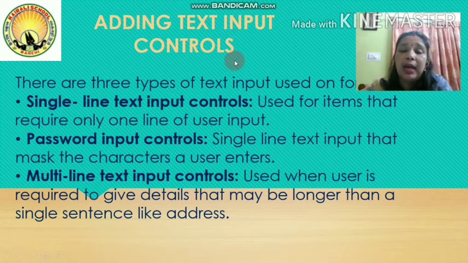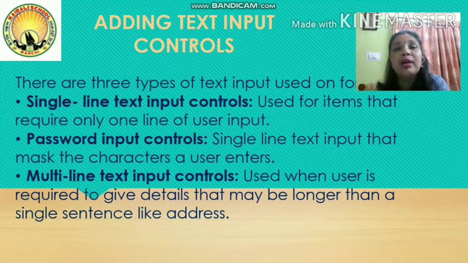Here we are going to add the first type of controls, that are text input controls, and text input controls are of three types, okay, depending on the use. First is single line, where like you are going to accept the username, their contact number. It is not going to span in more than one line. So in that case a single line text input control will be used. Another type is single line text input, but it will be masked, that is hidden. Okay, the masking will be given. So it is basically used for passwords.